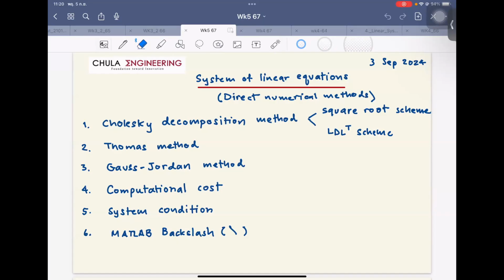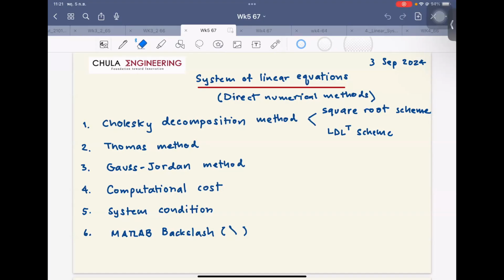And the Thomas method is for the case where we have a banded matrix with a lot of zeros in coefficient matrix A. We're gonna go step by step, then Gauss-Jordan. So we have three direct methods left: Cholesky decomposition, Thomas method, and Gauss-Jordan. And then I will talk about the computational cost, the number of operations actually,